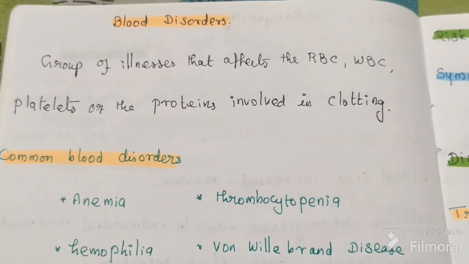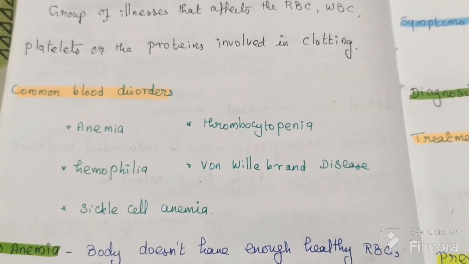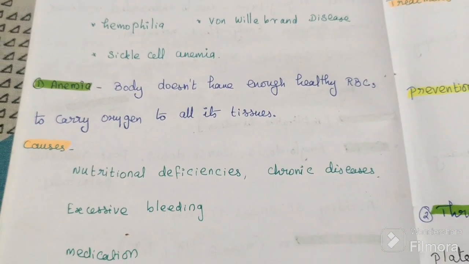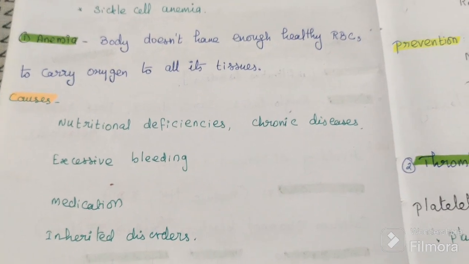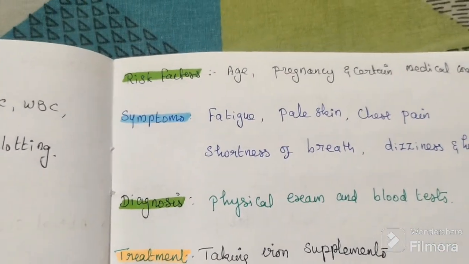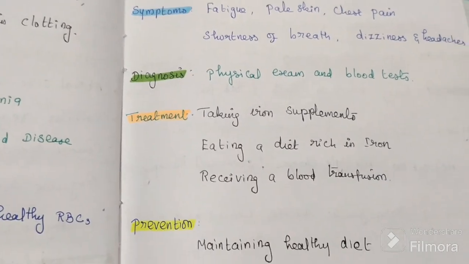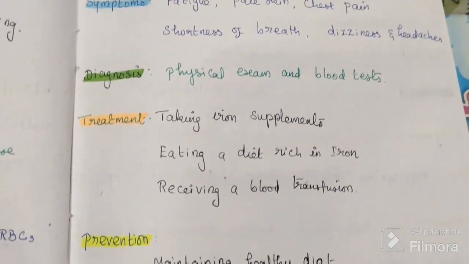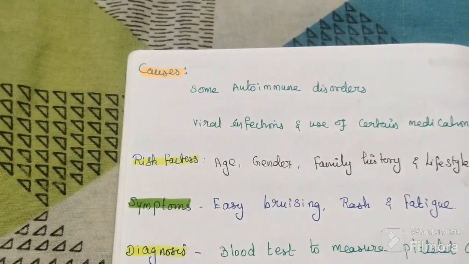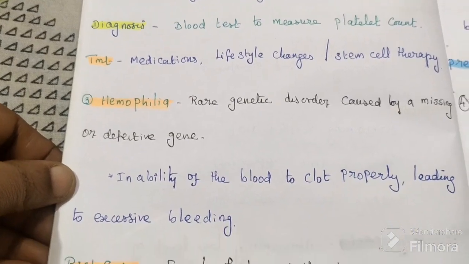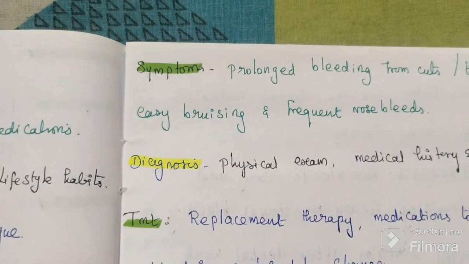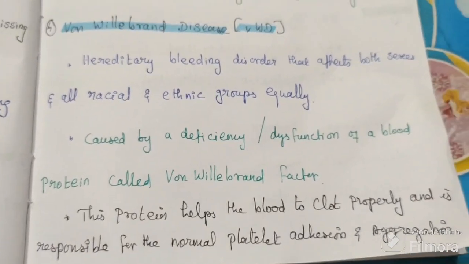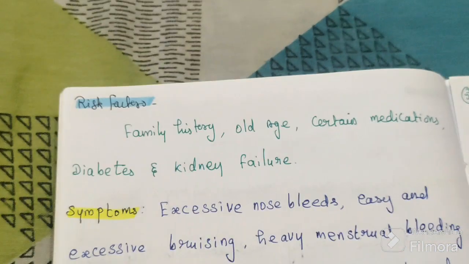So in this video we discussed blood disorders, 5 important disorders: anemia, thrombocytopenia, hemophilia, von Willebrand disease, and sickle cell anemia. All the things: causes, risk factors, symptoms, diagnosis, treatment and preventive methods we discussed. The third one is hemophilia. Fourth one is von Willebrand disease. Then the last one is